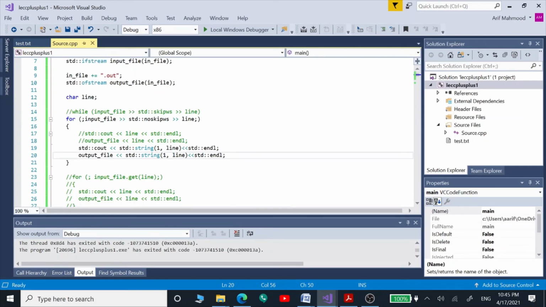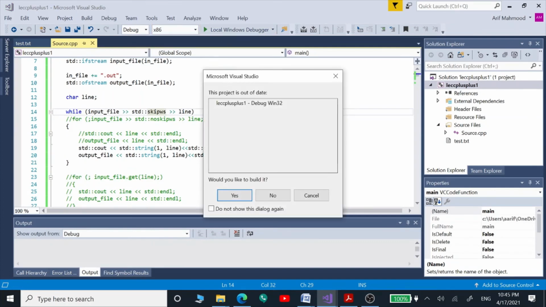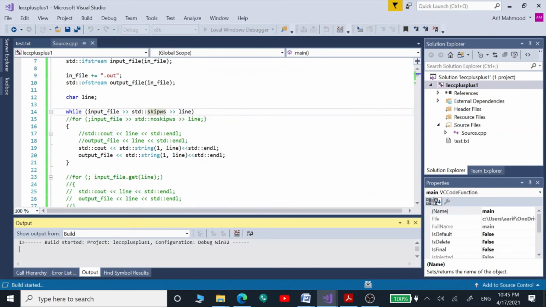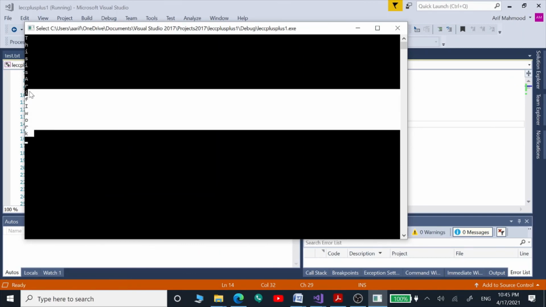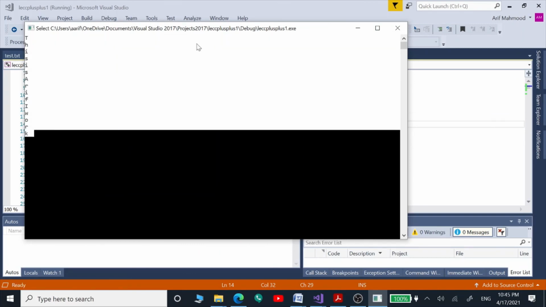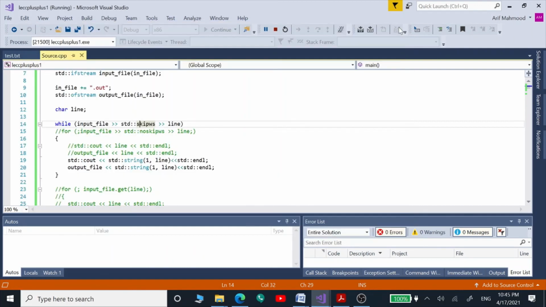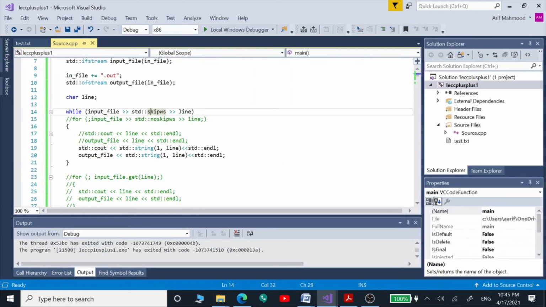And now I am going to show you one more thing. This no skip byte spaces gives us these spaces as well, but if we want to skip those byte spaces, which are like spaces, this kind of stuff, then we can use this skip byte space instead, and we can use either a for loop or a while loop. So now we can see there are no byte spaces, it skipped all those byte spaces which are like spaces inside of our program.